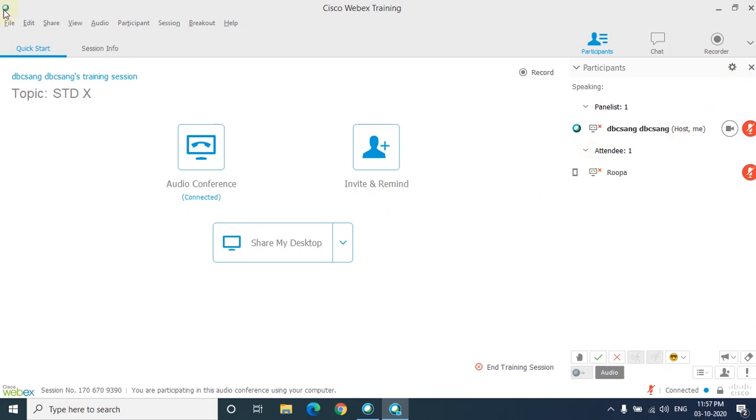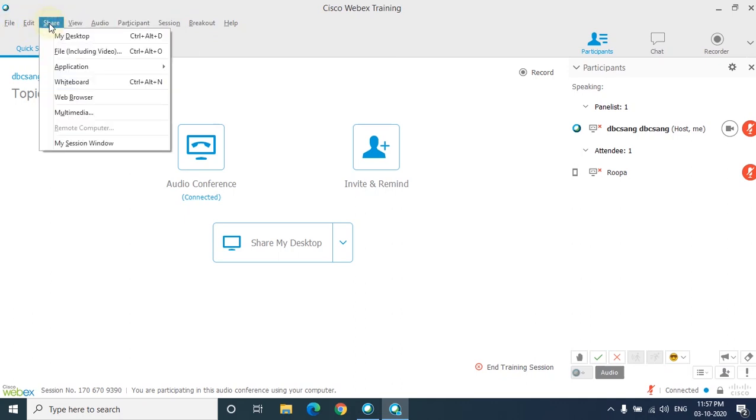Now we are coming into the different options here. You can see there are so many options here. Okay, so mainly I will go with sharing. So sharing, you have the same, my desktop, which I see it here also. You can share your desktop. Clear? You can share any video which you want to show. Maybe you can show it from your YouTube or any video which you have prepared.